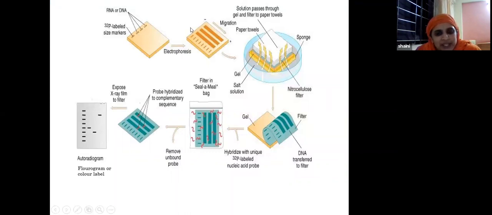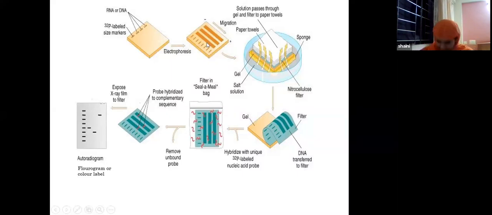You run it, you pass an electric current from negative to positive. Most of the DNA fragments will move to different levels. Now the higher molecular weight ones will not be able to move fast, and so they will be more towards the negative, whereas the lower molecular weight ones will move much further away. So you get the agar in which the different DNA fragments are present in bands. You get a gradation of the various DNA fragments.